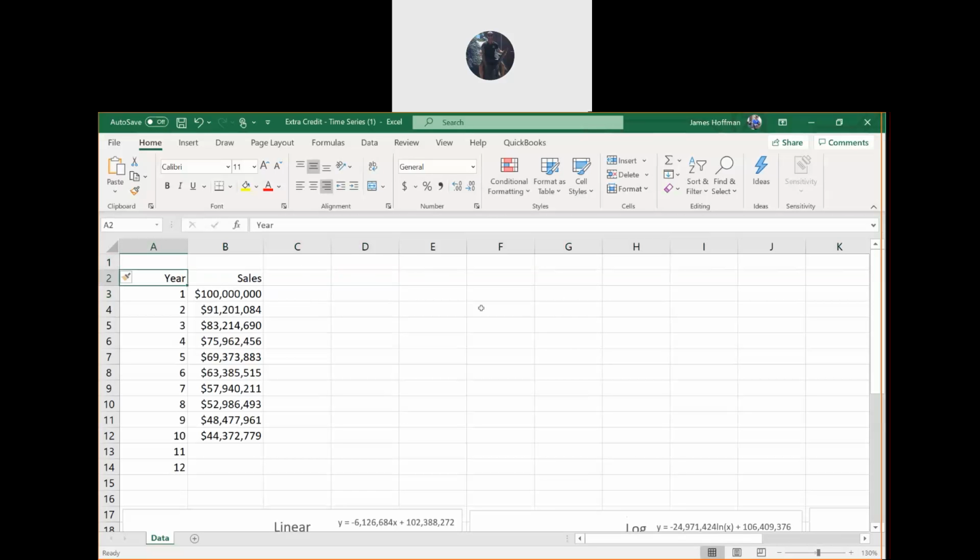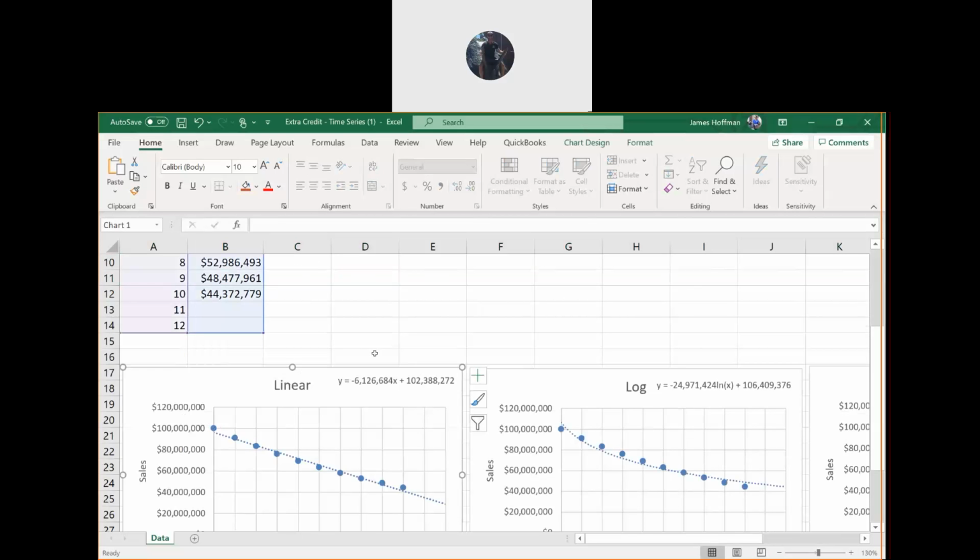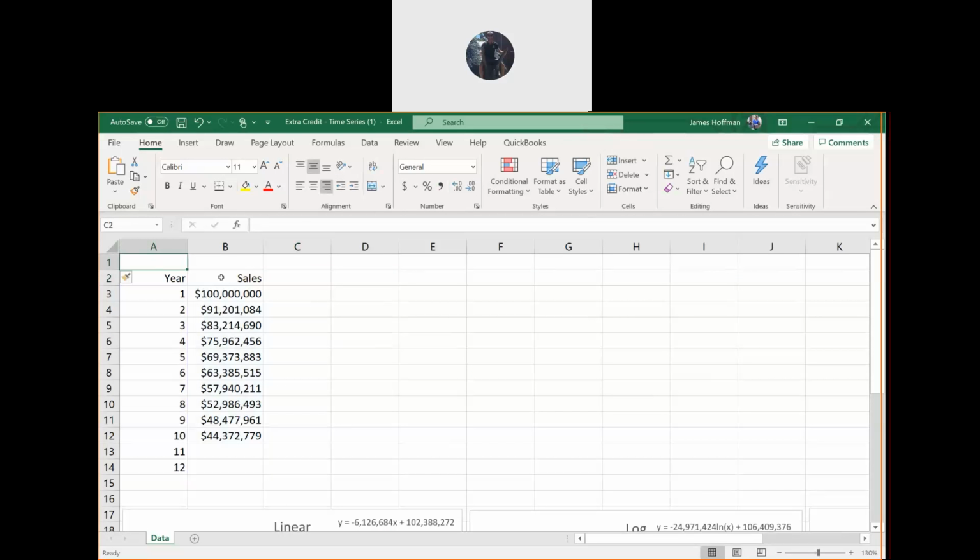Okay, so this now is in A2 and B2. Let's call this the section with the actual data. Let's call this historical data.